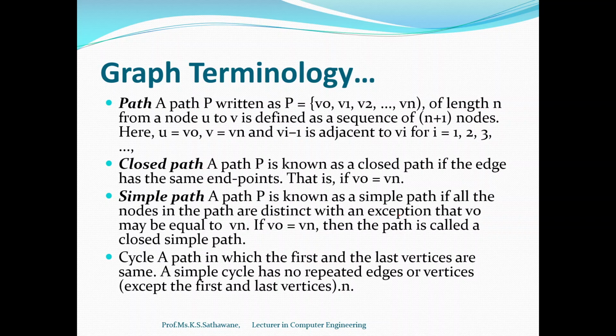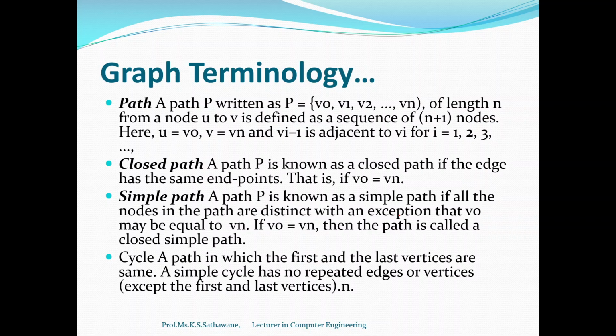So here u is equal to v0 and v is equal to vn, and vi minus 1 is adjacent to vi for i equals 1, 2, 3. Means what? If we are traversing from vertex u to vertex v, then whatever vertices come in between are counted as the path. Now closed path: a path P is also known as a closed path if the edges